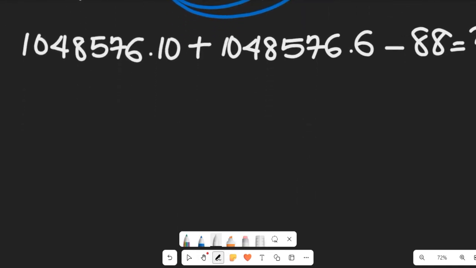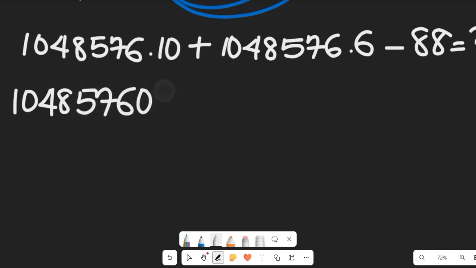Now in the next step, what we'll do is to multiply this. In this case, we'll just add a 0 to this because it's multiplying a 10. So we'll have 1,048,576 and 0, plus 6 times 6 is going to give us 36. You write 6, and then you carry over 3. 6 times 7 is going to give you 42 plus 3, and that will give us 45. You write 5, and you carry 4. Then 6 times 5 is going to give us 30 plus 4, 34. You write 4, you carry 3, and once we do all that, we'll have 192